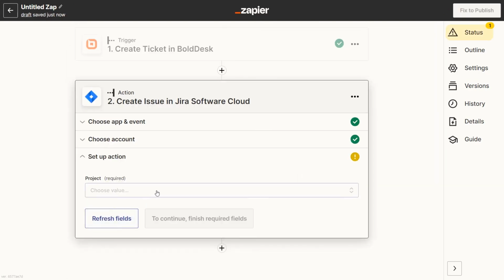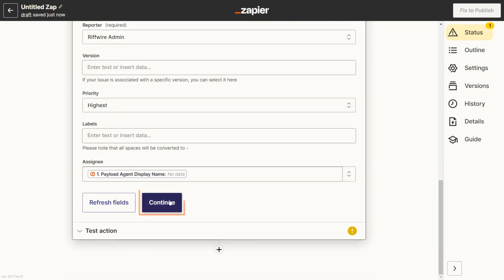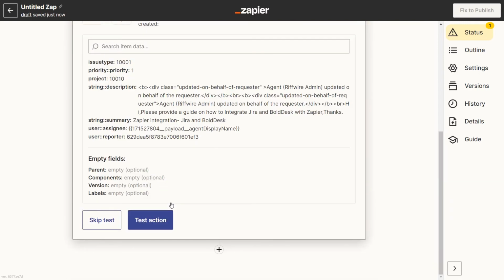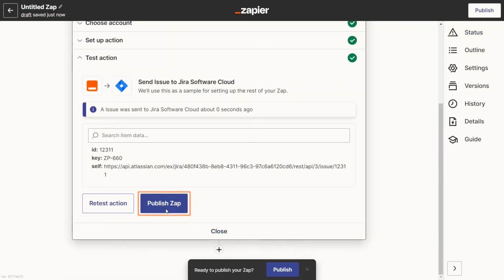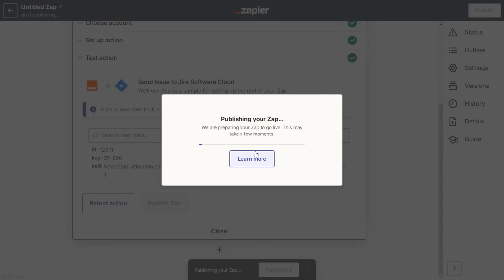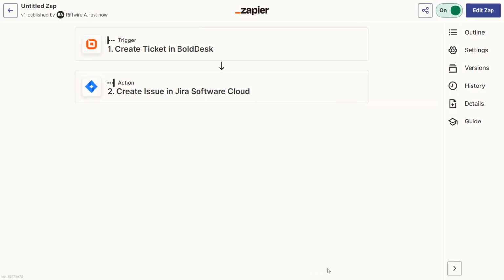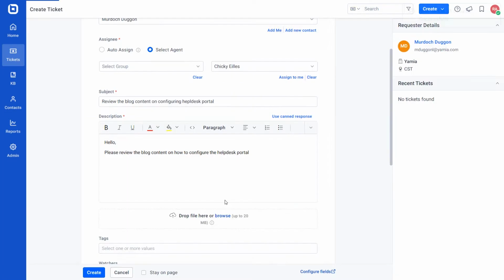Next, you need to select the Jira project followed by the issue type and other field values and then click Continue. Test the Zap action by clicking the Test Action option. Then, click Publish Zap once the testing is completed. Now, click Publish and turn on to publish your Zap. You can see the Zap in action by creating a ticket in BoldDesk and the corresponding automatic creation of an